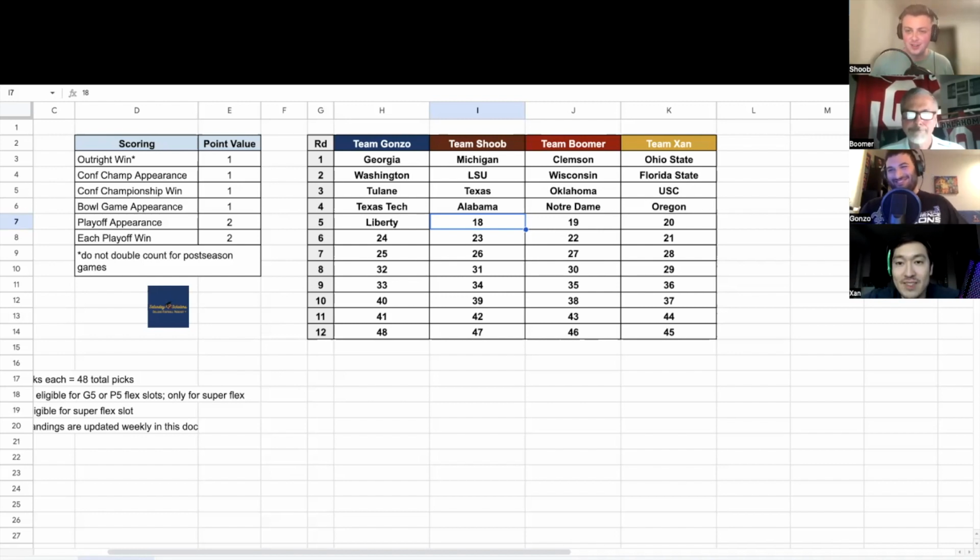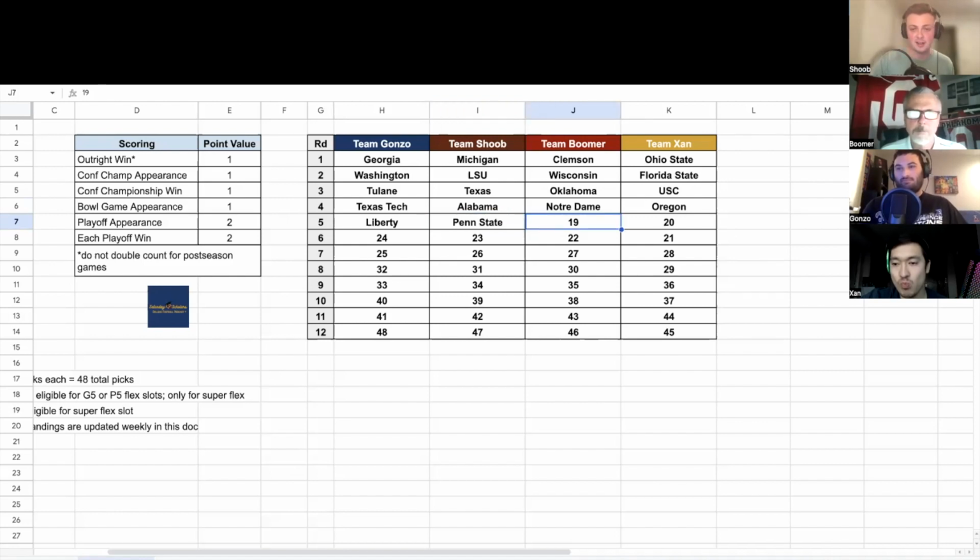Oh, G5 Gonzo. You got a group of 5 Gonzo. We'll say you just gave Penn State to Shoob. He doesn't have a Big 10 slot. I did. You did give Penn State to me, and I have one last team here on my big board before I think there's a tier drop off with teams that I think have national championship or conference championship upside. And that last team is Penn State. So, again, I'm double tapping on the same division twice now. I'm taking two SEC West teams, two Big 10 East teams, but I'll take it, guys.